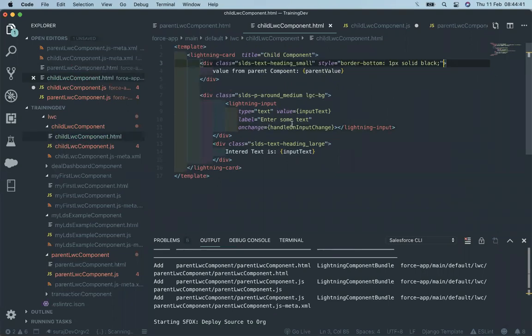So we are at the input field: enter some text in the child component.